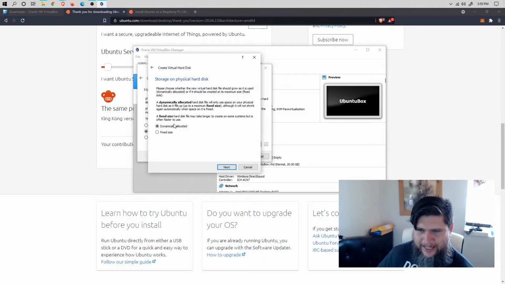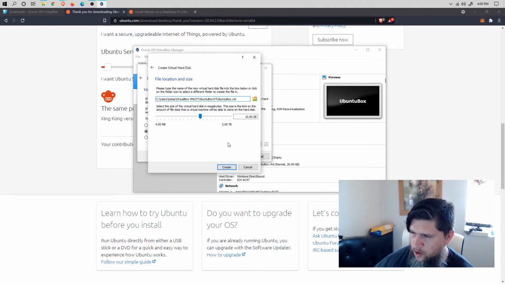You will only see that amount, 20 gigs, in your actual storage device. Whereas if you go to fixed size, you're automatically going to get those 100. I actually prefer dynamically allocated so that it grows as I do stuff in this environment, and not have the 100 gigs, let's say. Okay, so let's go ahead and dynamically allocate,